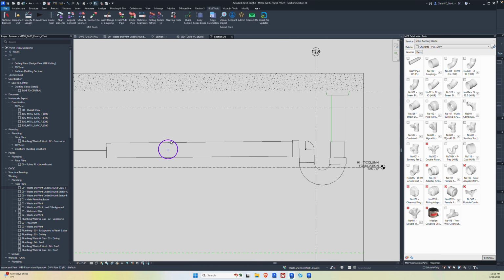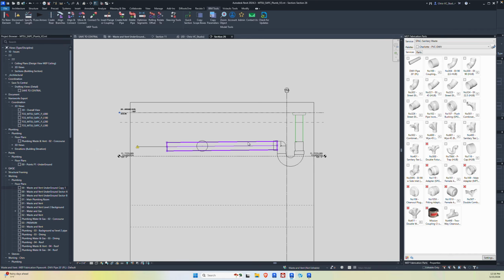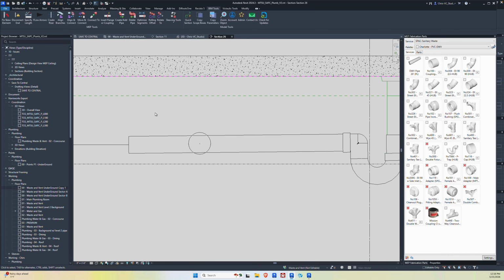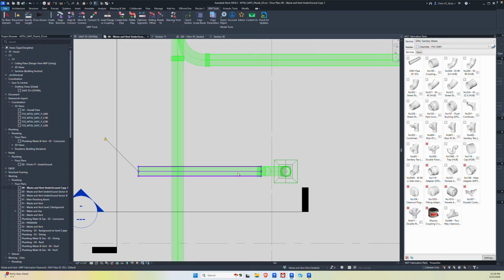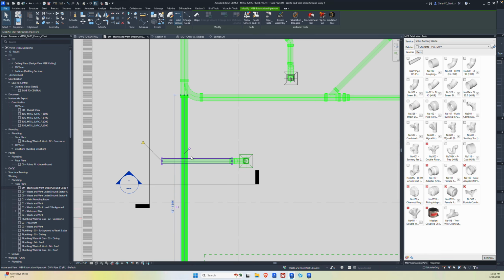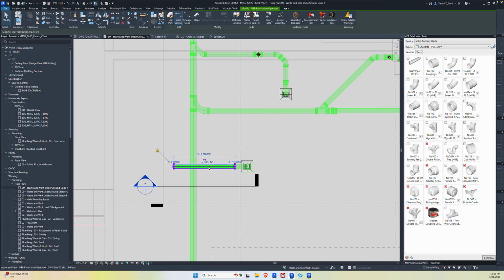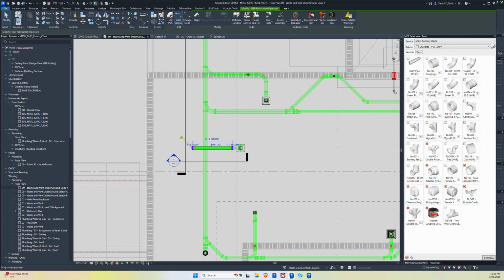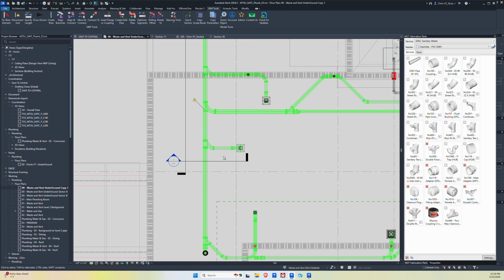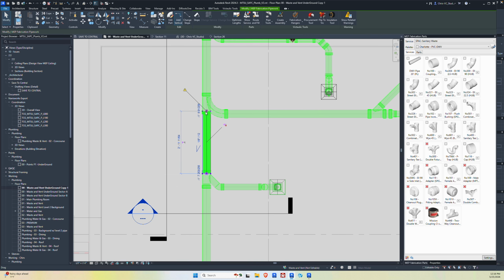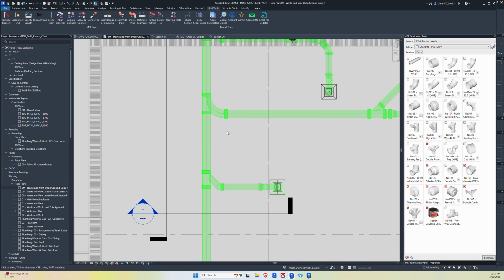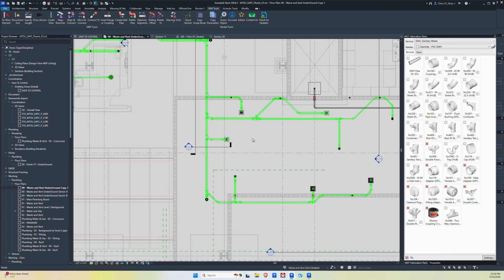And what that does is we clicked on the pipe and then we clicked on this and everything is happy at the moment. So what we're going to do is now we're going to connect the two pipes together. We'll just come in here and we'll drag this back here and we'll connect those and everything is happy. And we'll just come in here and we will connect that back. So that's how we can quickly add a floor drain to a system